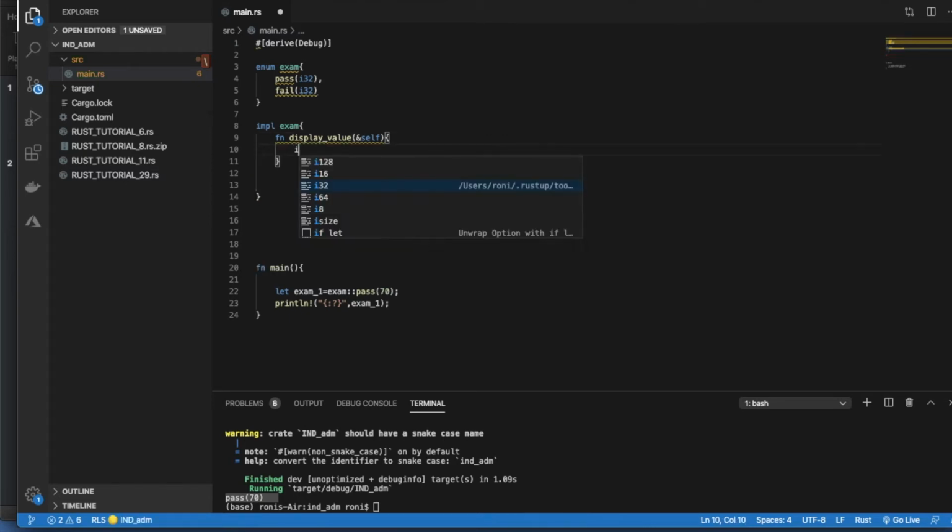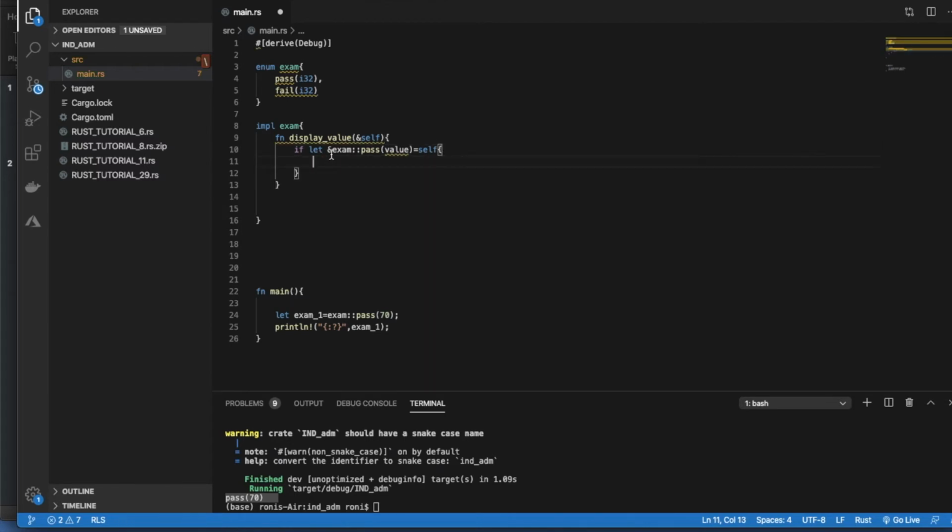And this is the fun and magic part now. if let Exam::Pass(value) equals self, meaning if there is some value, then whatever you are passing, if it has this Pass and some value, we are going to print this variable value.